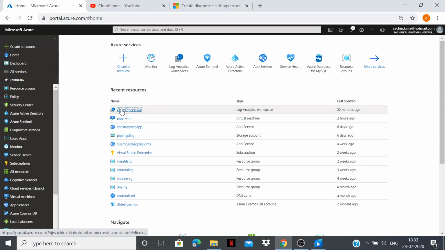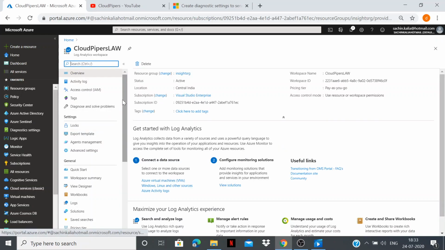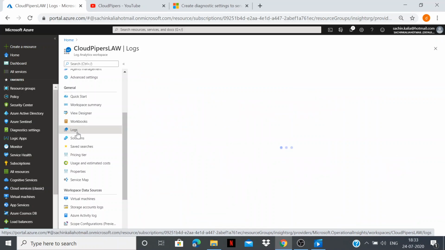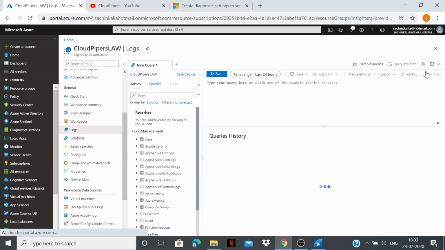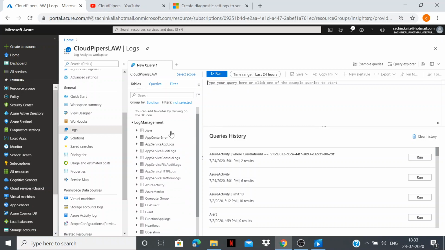So if I open the Log Analytics Workspace, you just need to go to the middle of the pane, into the general settings. We have the Logs option. It opens a window where we can perform Kusto queries. Kusto is the Log Analytics Workspace query language, and it is a composition of Splunk QL, SQL, PowerShell, and Bash. As you can see, we have log management.